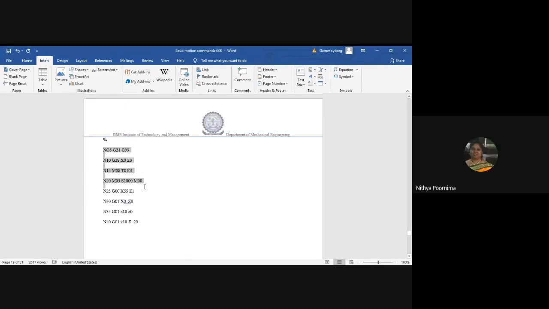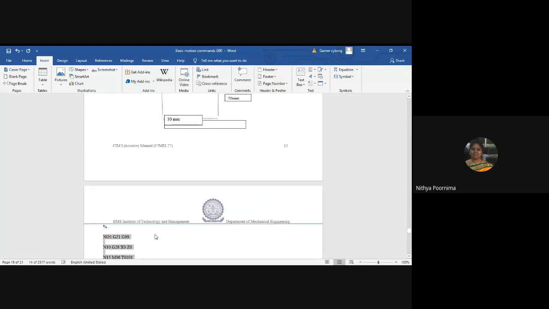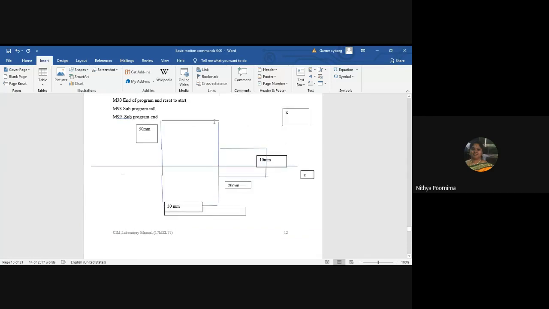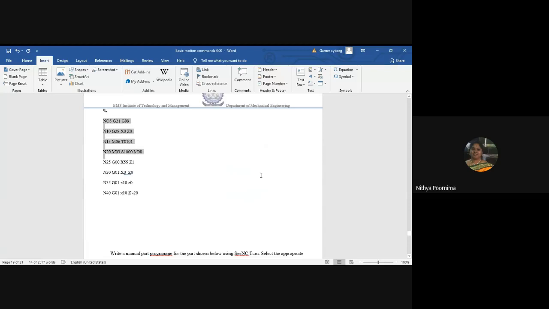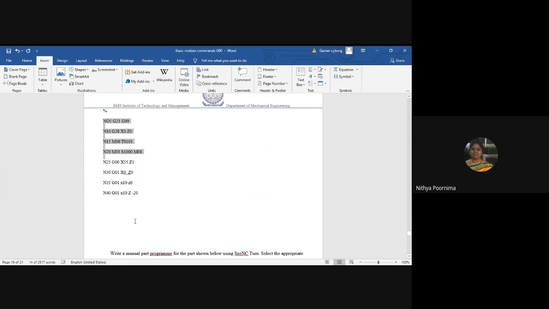See, up till here is the general format for writing the program. We need to define the metric unit, the feet per revolution, automatic reference point, and tool change. These will be the general structure that will be common for any operation. After that, we need to write the coordinates for any program, any operation, at least initially for the first few programs. Yes, ma'am. Then you will have to write the coordinates for your sketch given to you. Since it is a simple command of using only linear interpolation, you're going to use G01 and mention those coordinates and complete the program.